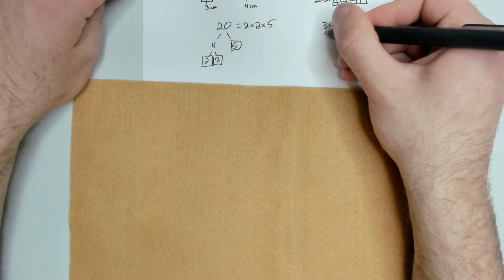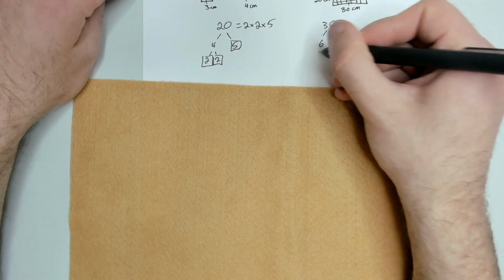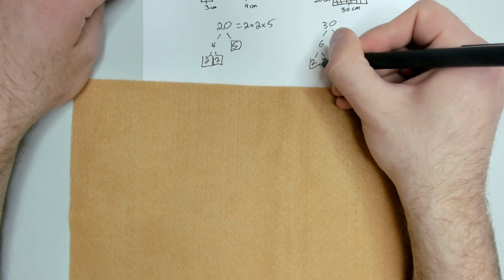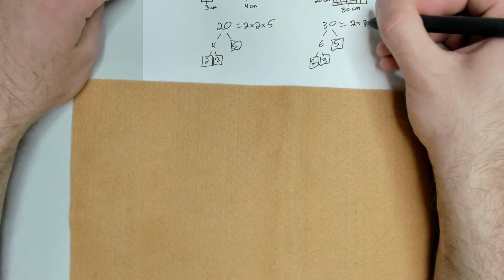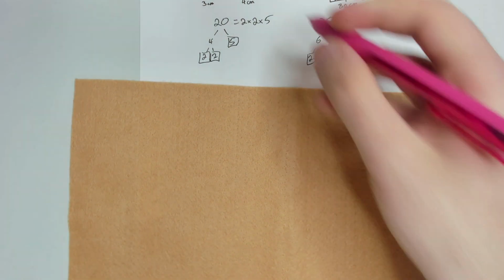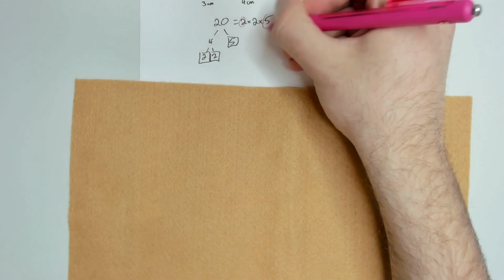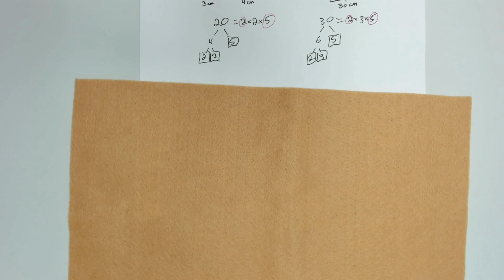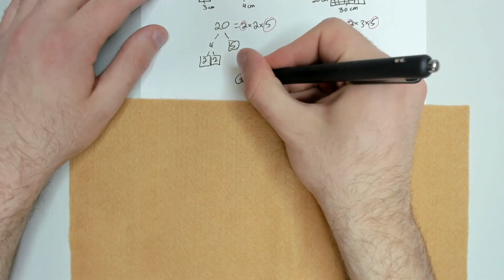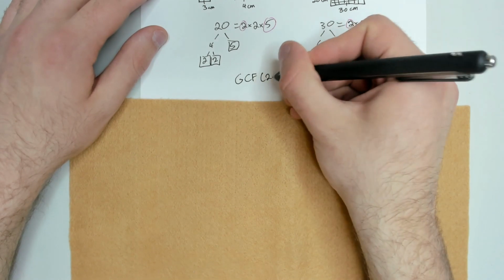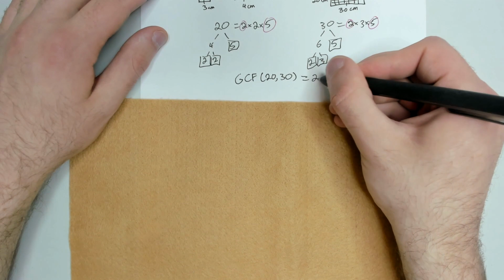Now I'm going to do it with 30. So 30 I can split up into 6 times 5. 5 is prime, and 6 I can split up into 2 times 3. So I get the prime factorization of 30 is 2 times 3 times 5. Now if I go ahead and circle the common factors, we see that they both have a 2 in common, and they both have a 5 in common. All right, so this means that the greatest common factor of 20 and 30 is going to be 2 times 5,